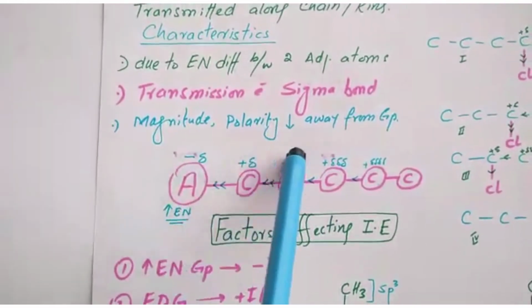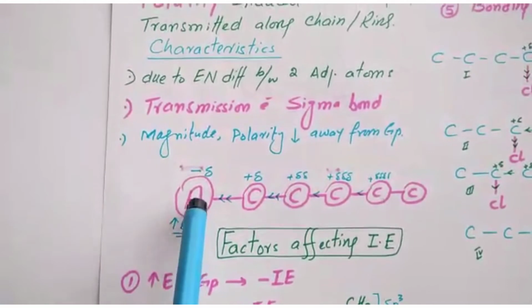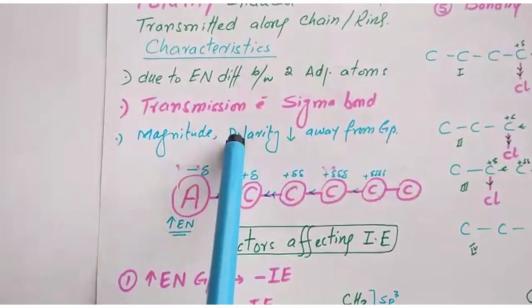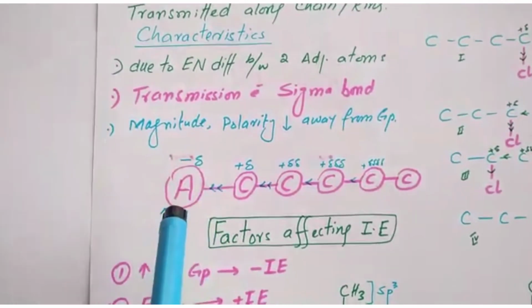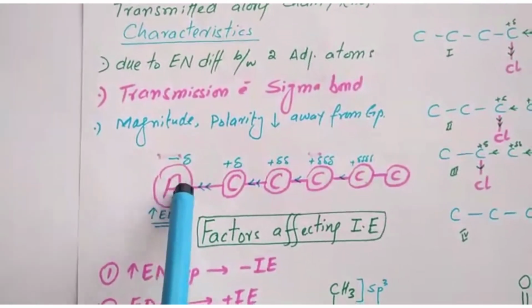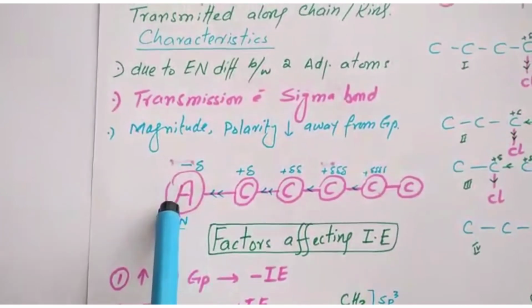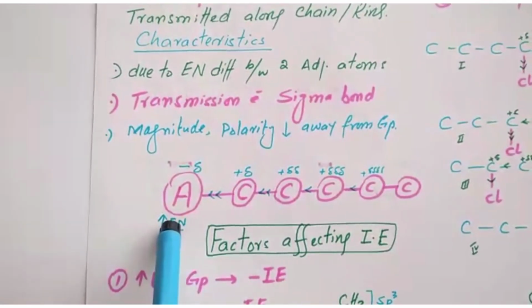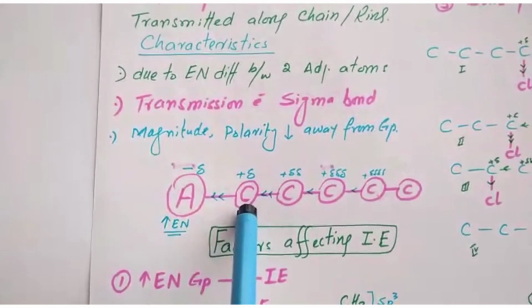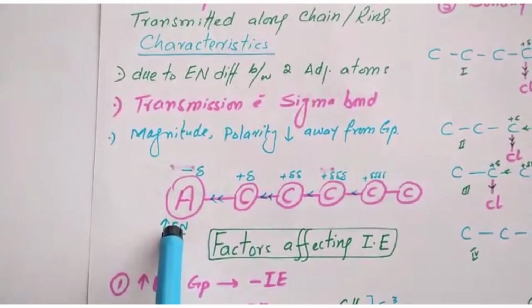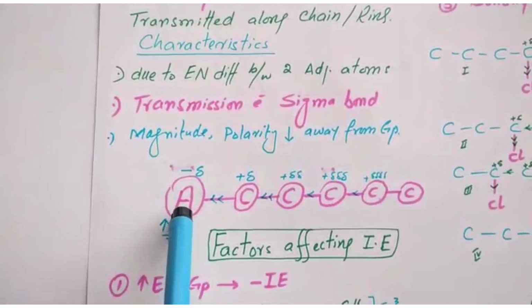For example, consider this example and then apply the definition as well as the characteristics. So let's suppose this is a molecule. The atom A is more electronegative as compared to this C. So due to this more electronegativity, the A